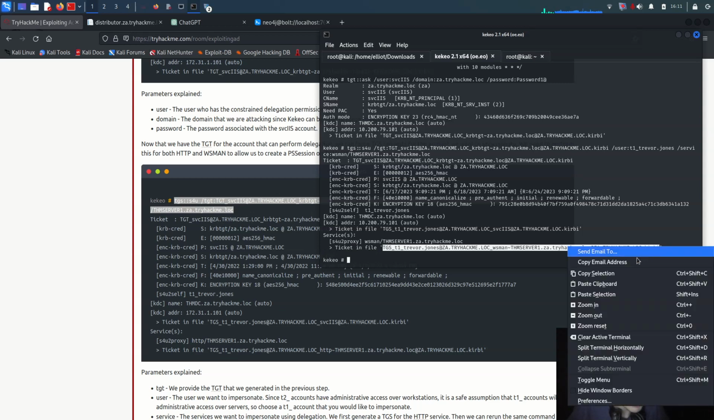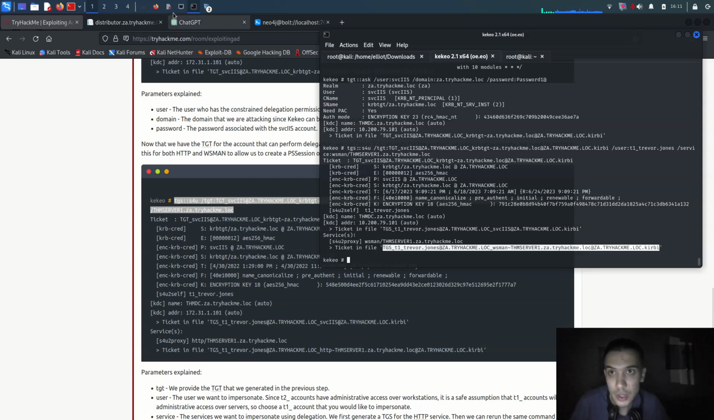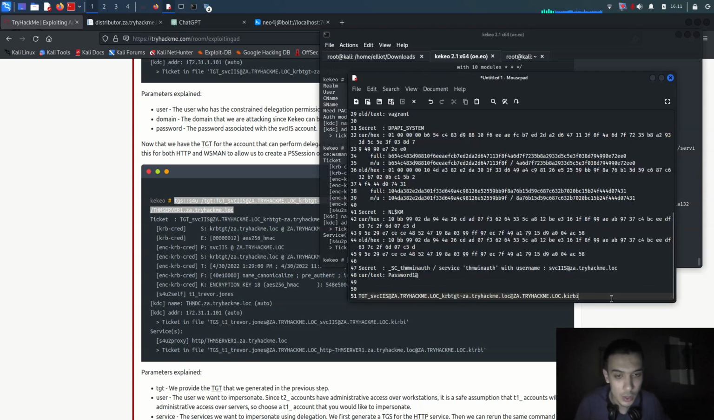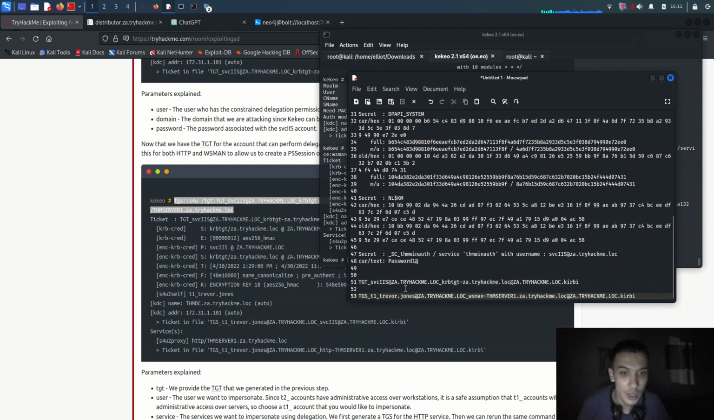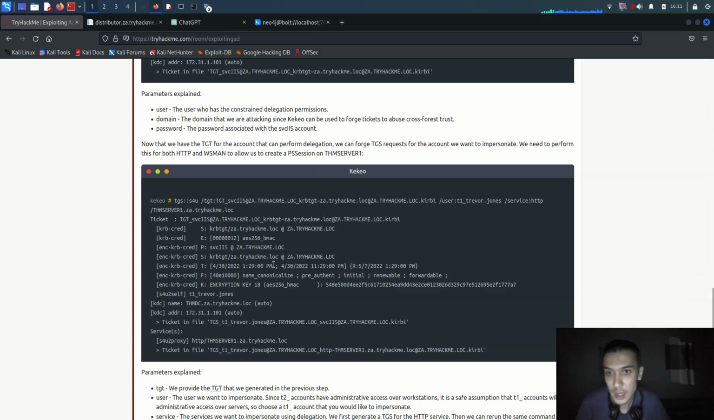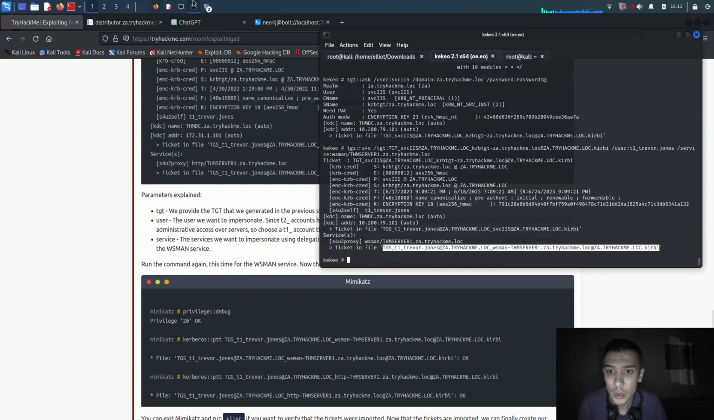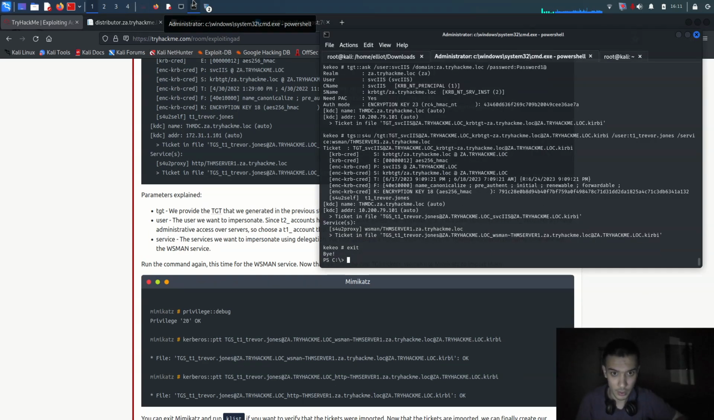I'm just gonna be using it, just copy selection and save it in our notes. And this is what we have to be using, these tickets. Just ignore all of the other things of these tickets. So I think it's time to go for tier 1 Trevor Jones auto. It's gonna be the same thing like that. Yep. And then now go for exit on it and say